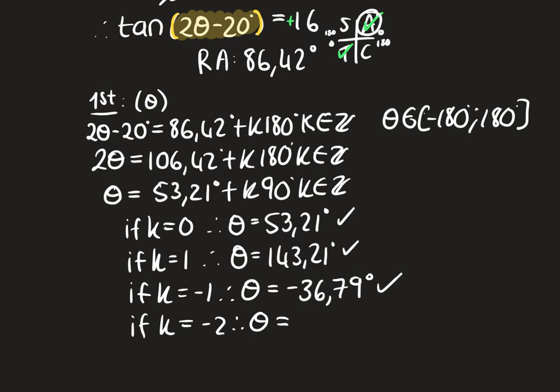Therefore, theta equals 53.21 minus 2 times 90, which is 180. And that gives me minus 126.79 degrees. That falls in. Now, if I do -3, it's going to make the 90 minus 270. And if I go 53 minus 270, that is going to be still in the minus 200s, which does not